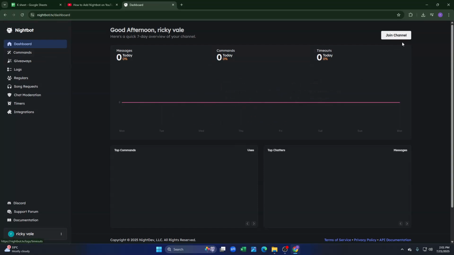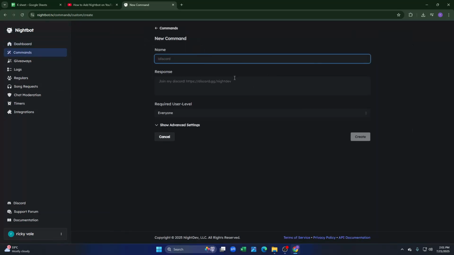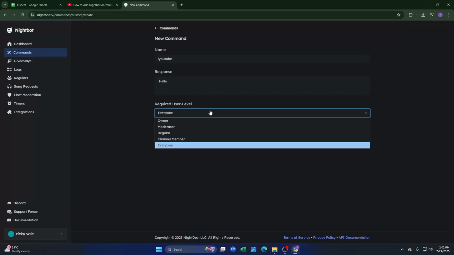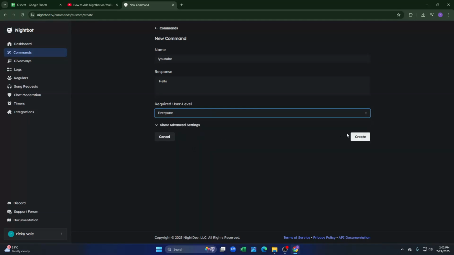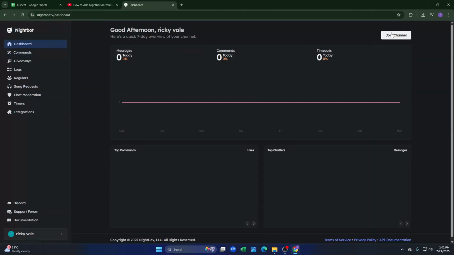From here, as you can see, this is the Nightbot dashboard, and you can go to the command section and click on new command and give a new command to the chatbot. Like if you write the command name as YouTube and set the response as hello, you can also set the required user level to owner, moderator, regular, channel member, or everyone. And after that we can just click on create and get back again on the dashboard and click on join